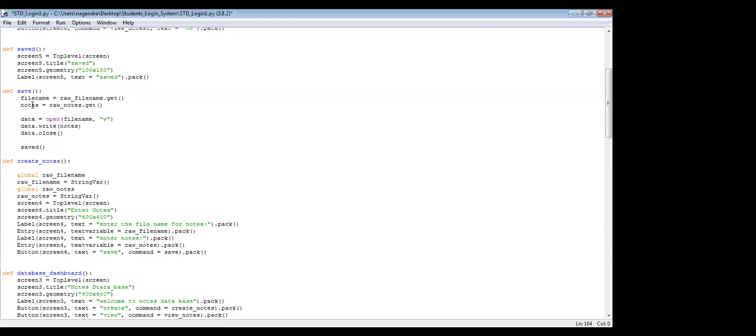Raw notes, it is under notes, and the file is opened with the file name, the file is opened with data, and here we need to write the notes on that, right? Then it is done actually. Notes means here raw notes. See, raw notes means we are taking entry. When taking entry as raw notes, here we are making it notes. When notes is written, okay, right? And the file is closed, right? The file is closed, and when it is closed, it needs to say saved, saved.